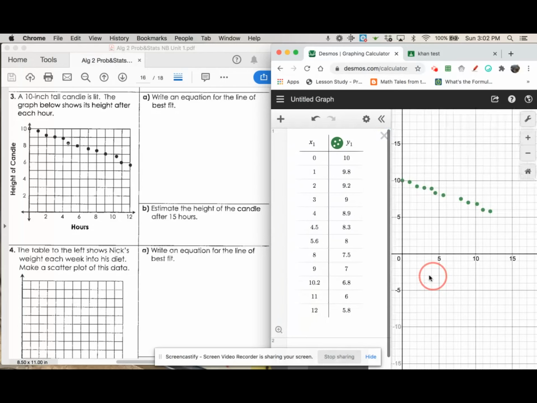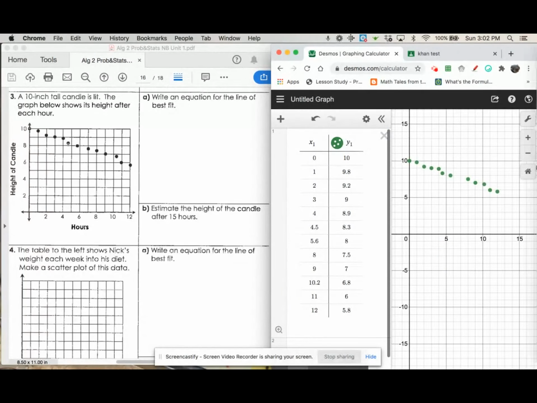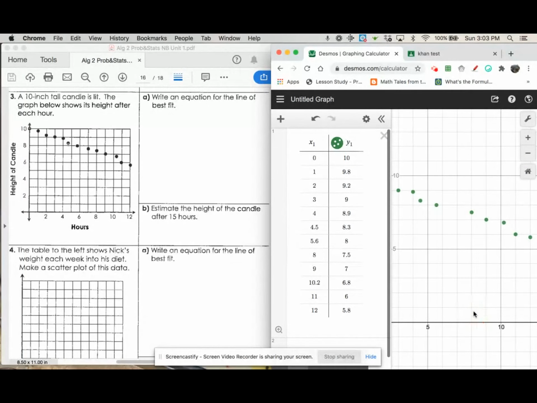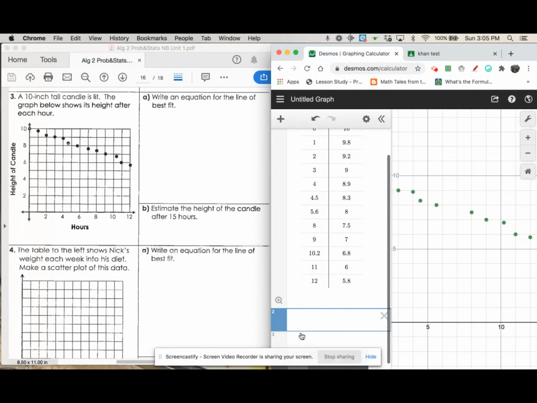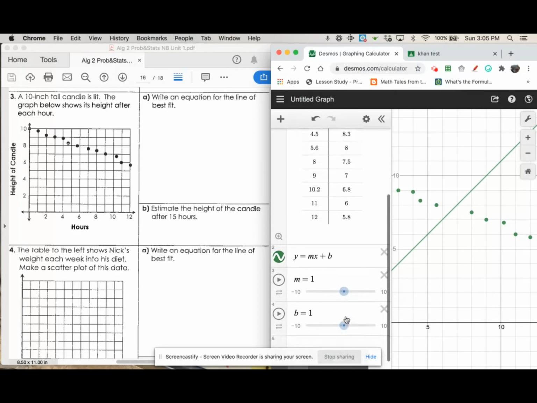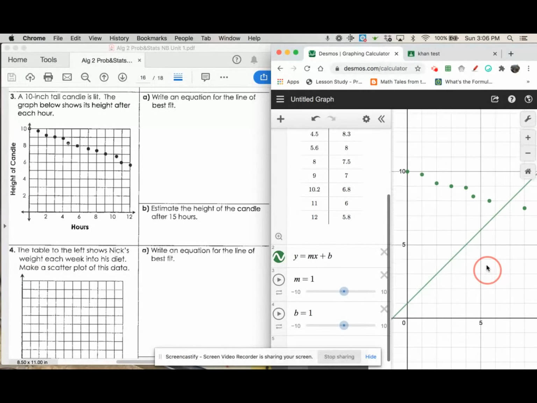So if I look at my points, there's all my points. Maybe I will zoom in a bit. And now I need to write an equation for the line of best fit. So if I want to create a line of best fit, I'm going to type in my y equals mx plus b. I have my sliders. And then my y-intercept, it looks like it's going to cross anywhere from